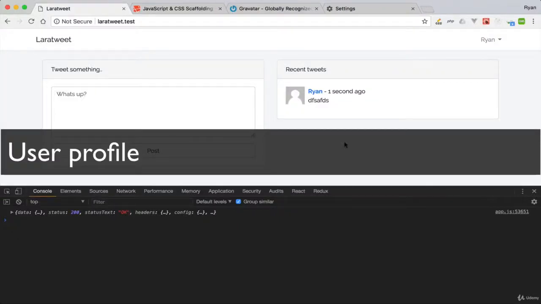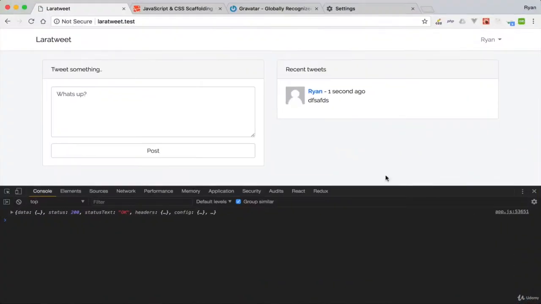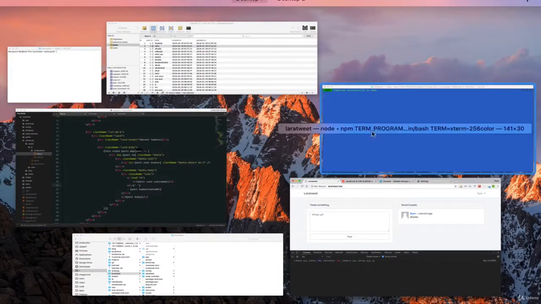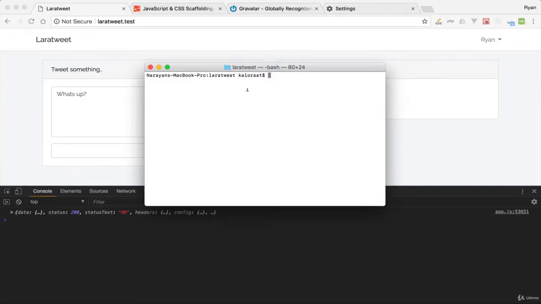Now in this video, let's build the user profile. The first thing we need is to create a user controller. Get inside your project folder and run this command: php artisan make:controller UserController. Once that is done,